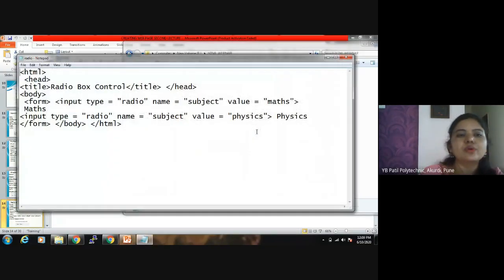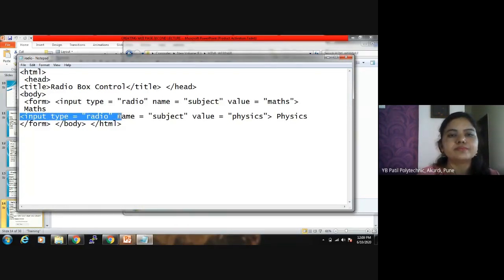This is the code for radio button. Input type, here we have to mention radio. Here also input type we have to mention radio. Then subject, value: here it is maths, here value is physics. Similar changes I am going to do. Here I am going to add one more radio button, the computer radio button.